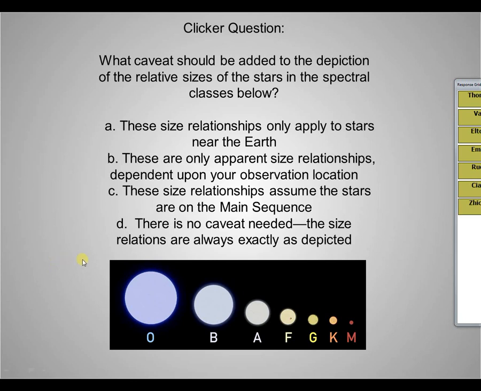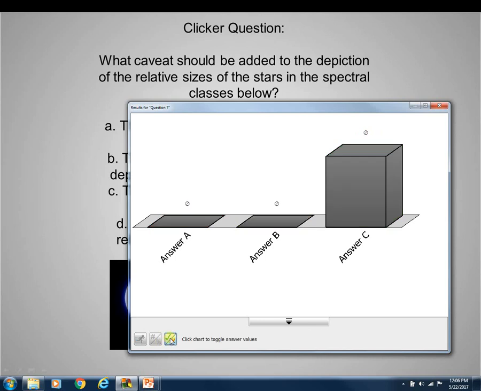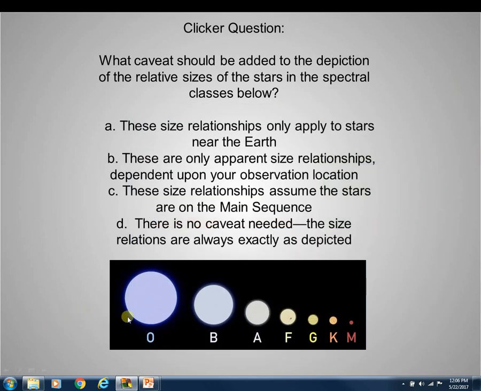All right, are we all in? Okay. So it looks like everybody put C, which is correct. Hopefully my toggling back there helped you. The caveat being that when we're talking about these size relationships as depicted here, we're assuming that our stars are lying on the main sequence, because if we go back to